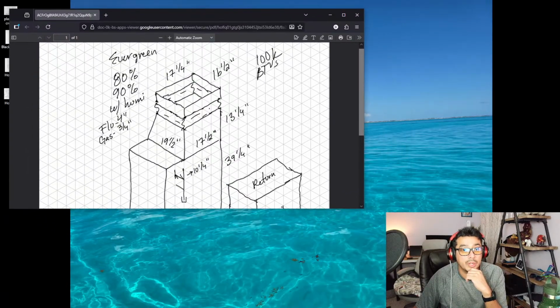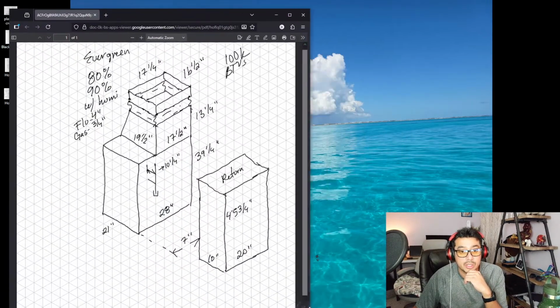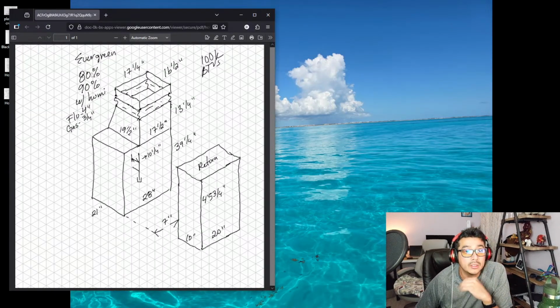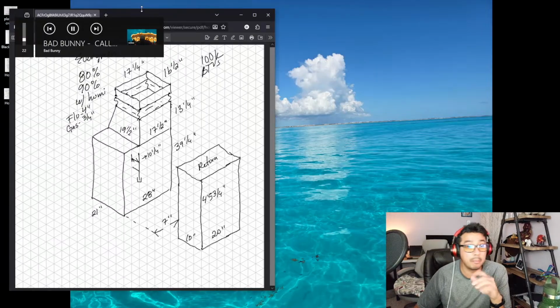So this is the one that we're going to be working on. The good news is this one's going to be easy. Customer just wants to replace the furnace that's already there. It's an 80% furnace. They're thinking of adding a 90% furnace with the humidifier. So I don't know how much you guys know about humidifiers, but